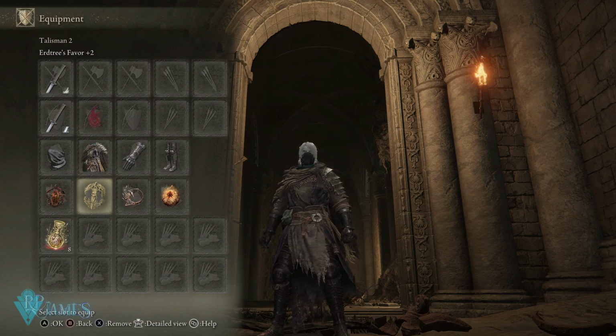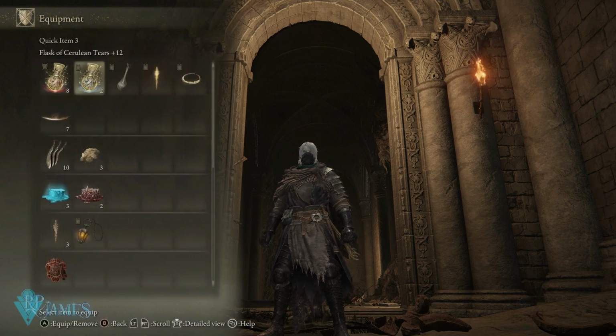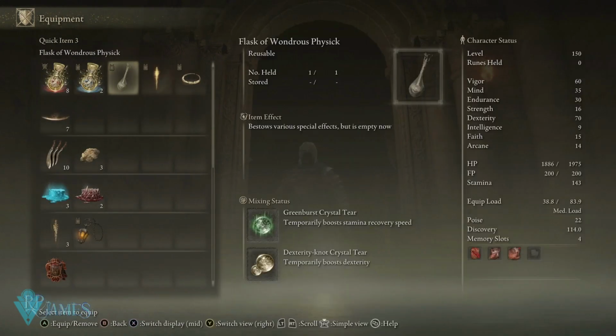Kindred of Rot's Exaltation, as soon as you rot an enemy, is going to increase your DPS, as well as Lord of Blood's Exaltation. You're actually going to be triggering that blood loss as much as possible, and an extra 20 levels from Radagon Soul Seal is always amazing. For our Flask of Wondrous Physick, we have Green Burst Crystal Tear, which is going to